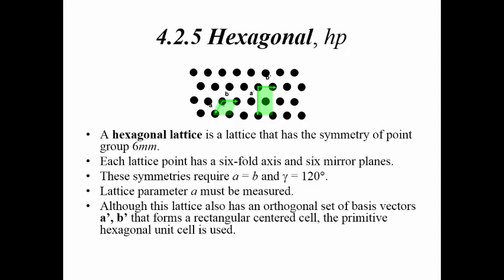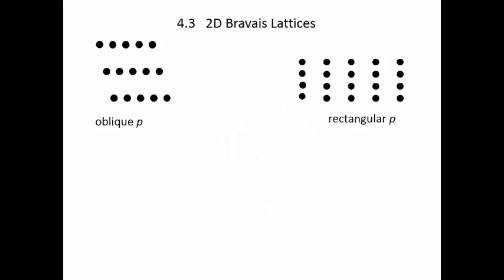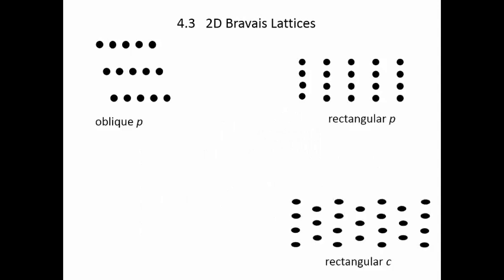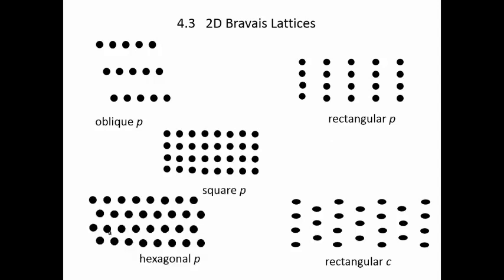And the A prime, B prime will give you a centered cell. The AB will give you a primitive cell. So to summarize, here's oblique P, here's rectangular P, rectangular centered, square P, and hexagonal P. That's the whole shebang. The oblique P has a point group of 2, because remember, the point group can be